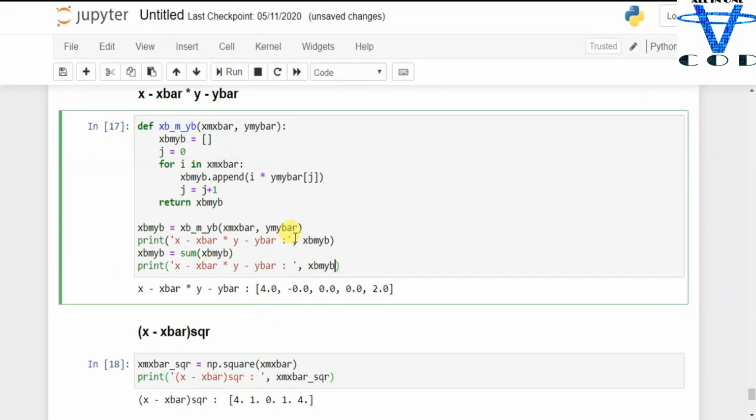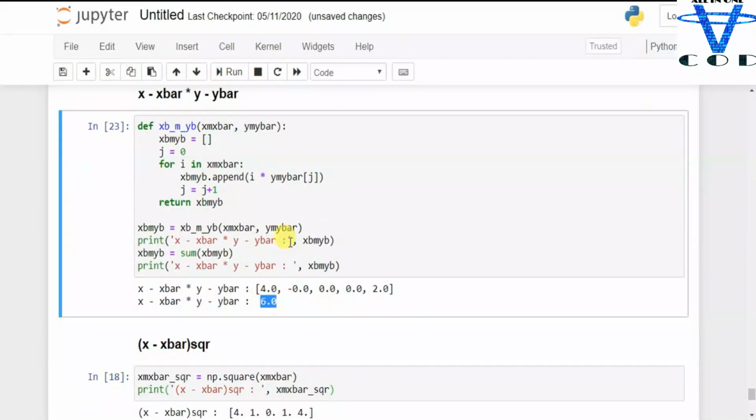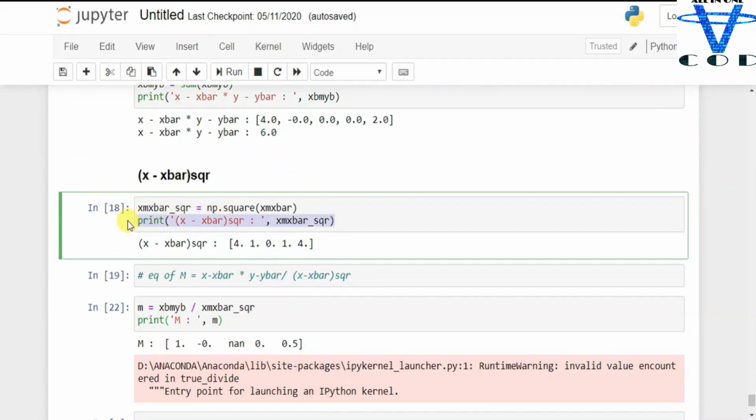You can see we got 6 in here. So we got x minus x bar into y minus y bar. Now let's find the sum of x minus x bar square. I'm gonna copy this and paste it in here, but I'm gonna change something.